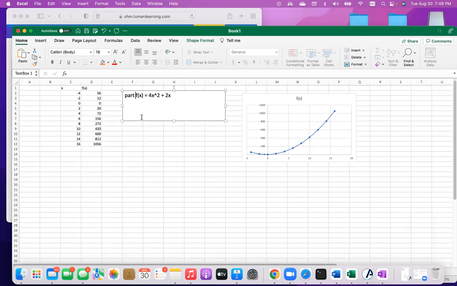Parts A and B, right? That's what we've done so far. Now in part C of this first problem, you get asked to adjust or change your table, so that's this right here,